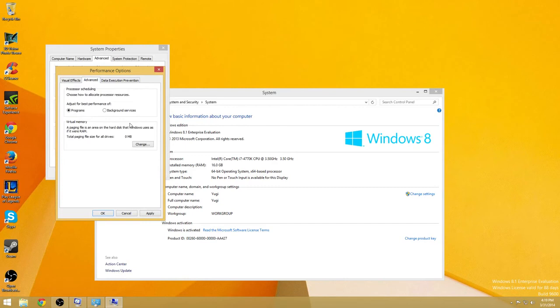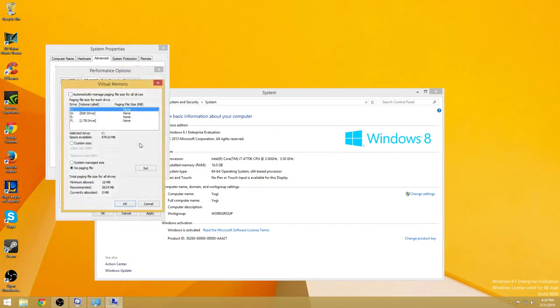Now in Advanced, you go to Change, and if you have a computer that has 8 gigs of RAM or more, then you don't really need the virtual memory. So what I would recommend is to just go to No paging file if you have 8 gigabytes of RAM or more. If you have 6 or less,